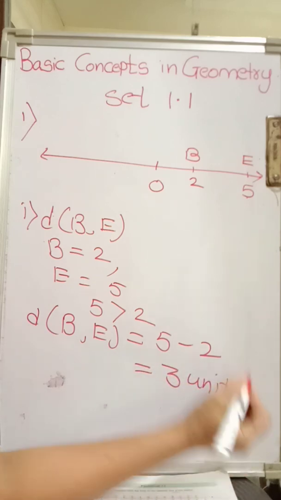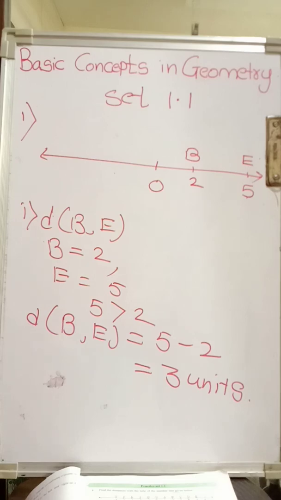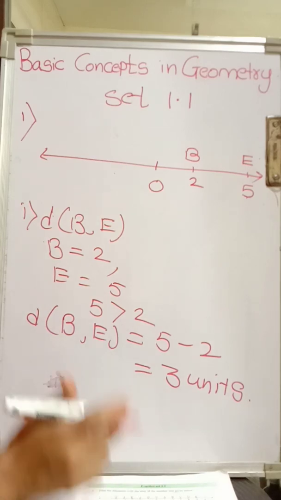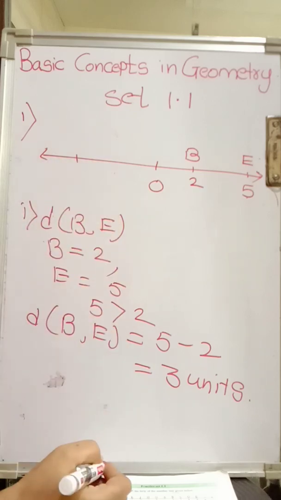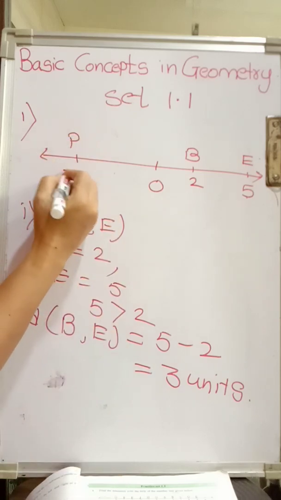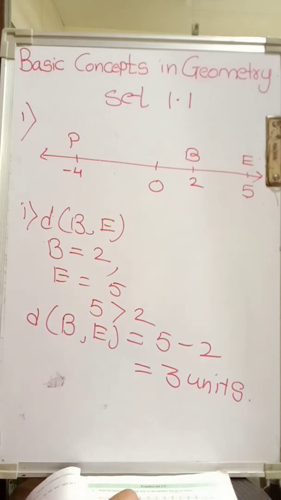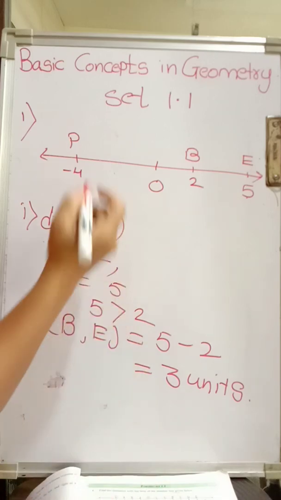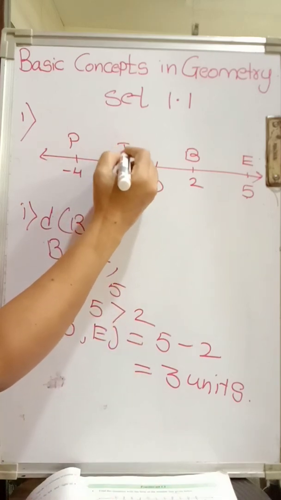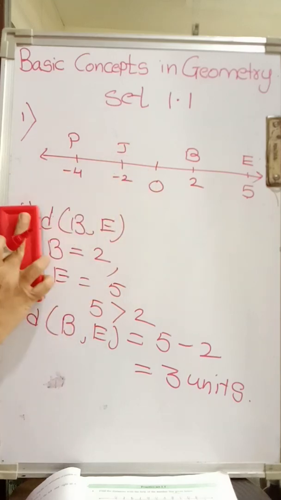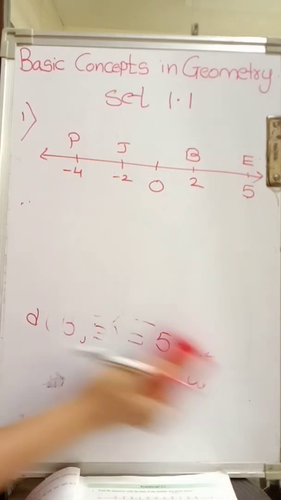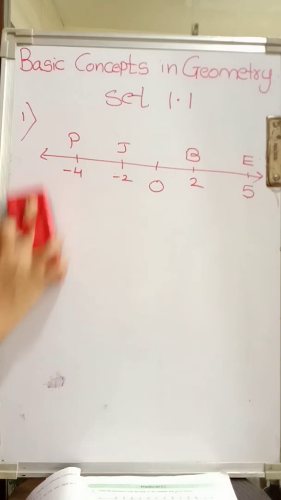It's that easy. I'll show you one more example. They have asked to find the distance between P and J. So P is somewhere over here. I am taking it from your textbook only. P they have written as -4 and J they have taken as -2. J is lying somewhere over here and it is -2. Now what are we going to find? Distance PJ. Now see how to find it.